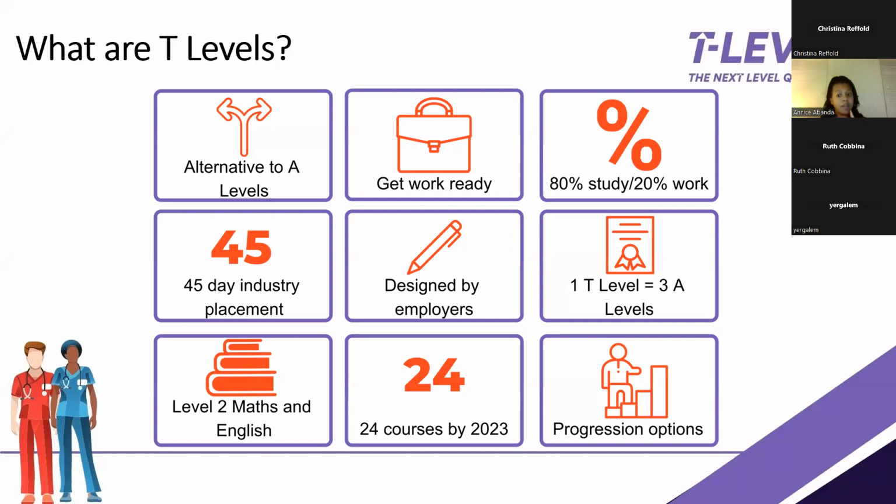So that would be pass, then merit, distinction, or distinction star. That is how it would be graded. If not already achieved, students can also work towards level 2 maths and English whilst doing their T levels, possibly, depending. Obviously, just like with any qualification, each provider would have their own entry requirements, but from the ones that